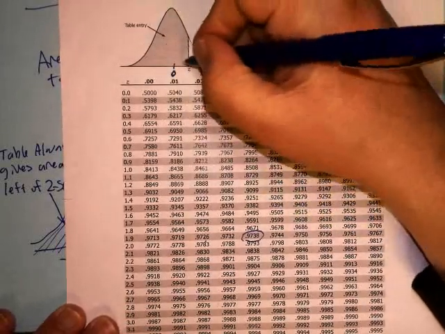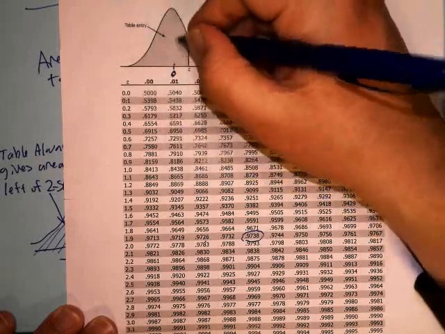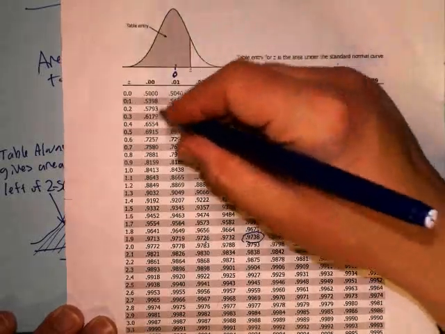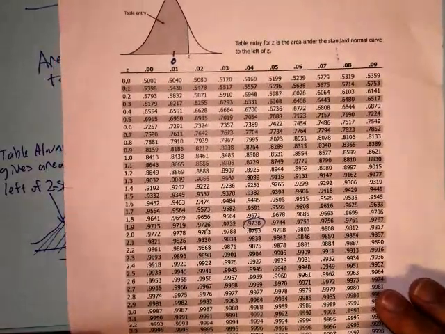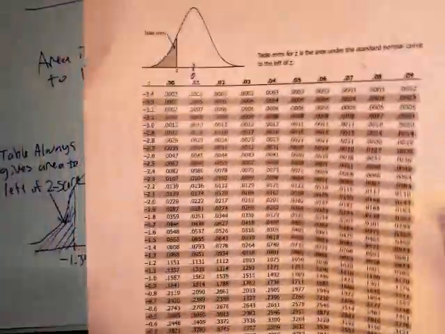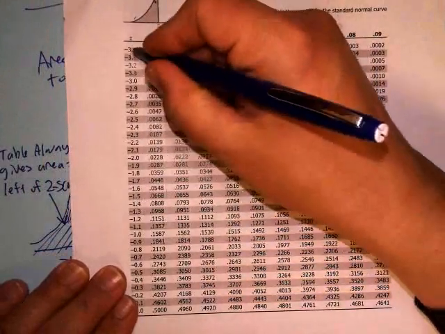And so the table will always give you the area to the left of the z-score, so all these areas are always going to be bigger than a half. So all the area here is bigger than 0.5. Okay? So the way that I look this up on the table is I'm going to look up negative 1.3